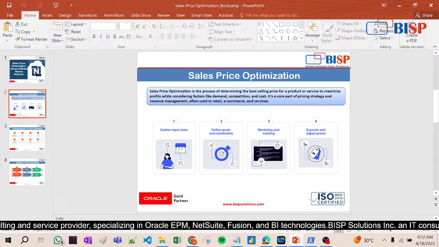I will think, okay, if I go by train there and then purchase it, that would not be a correct decision. Instead, why should I not purchase here only with a 20% increase in price? No problem. So the customer also thinks like this. That is why sales price optimization is very, very necessary for